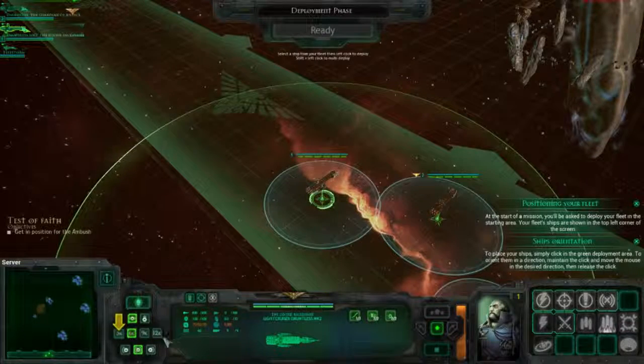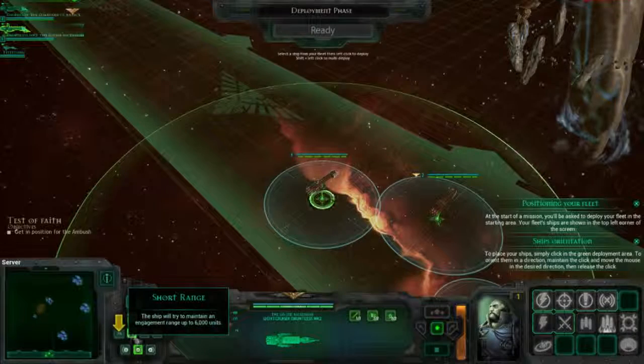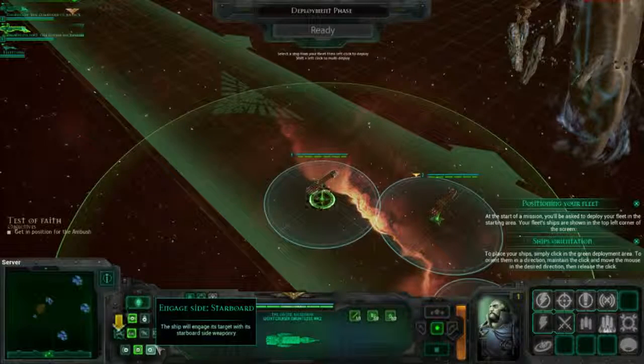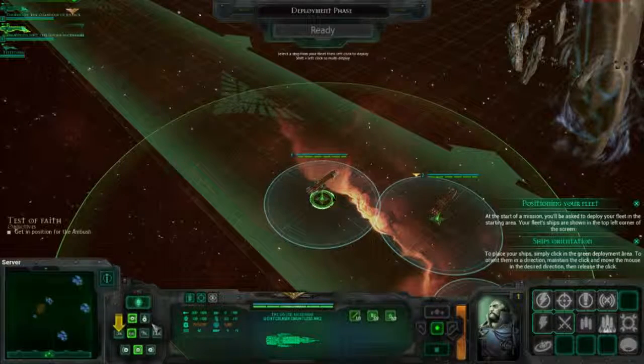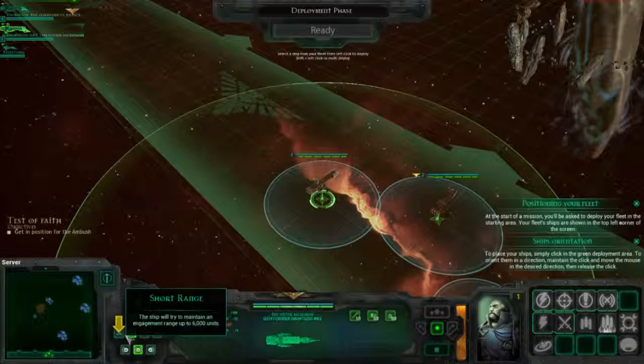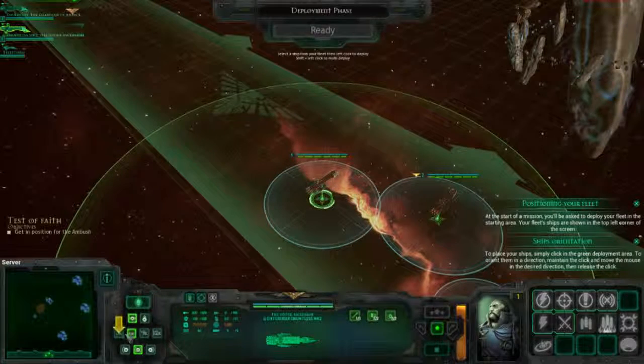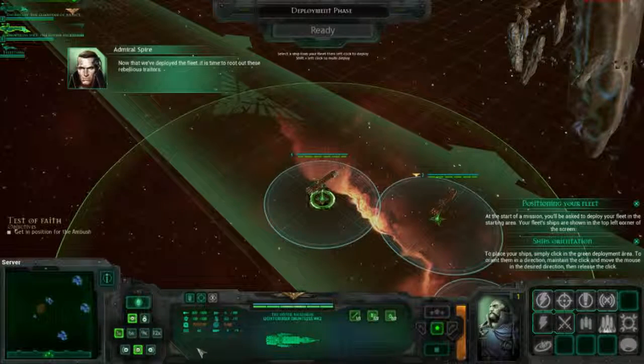So you can adjust from long range to medium range to short range depending on the type of ship, and what he's saying there is that it's better if you engage enemies at a closer range for the ship because their weapons are far more powerful that way. You can adjust that yourself if you really want to, but now that we've deployed the fleet, it is time